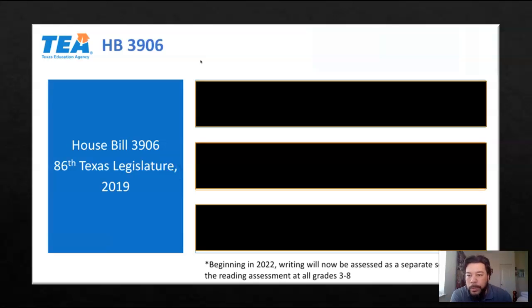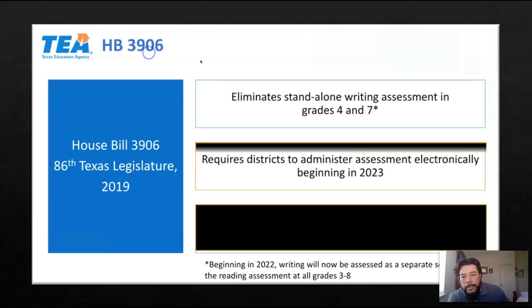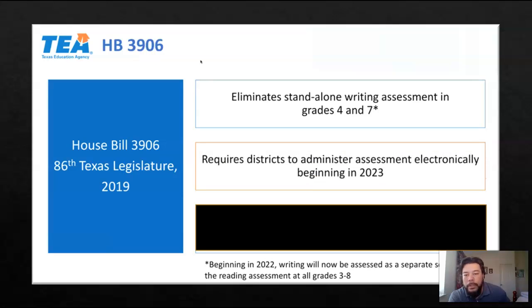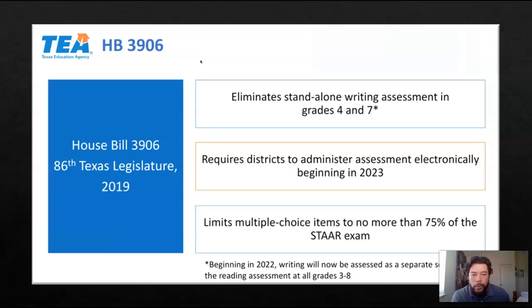So in 2019, House Bill 3906 was passed, and there were three big components to that. The first component was that it would eliminate the writing assessments for grades 4 and 7. Not that the kids would not be writing, but it would be embedded more into all the other tests. The second thing was that all districts would be administering the STAAR and EOC assessments electronically beginning in 2023. And then finally, the third thing was it limits multiple choice items to no more than 75% of the STAAR exam,